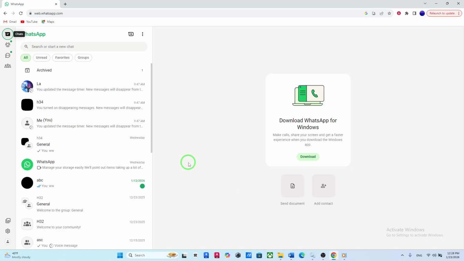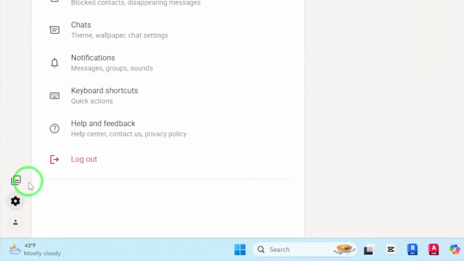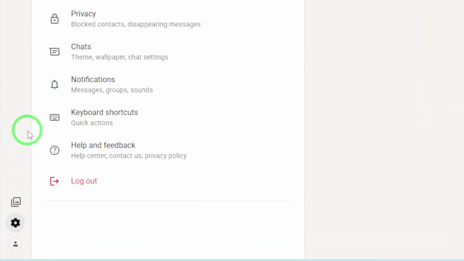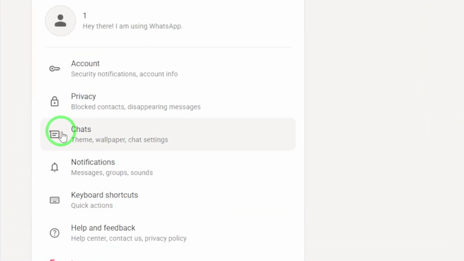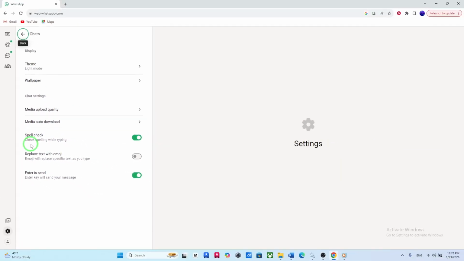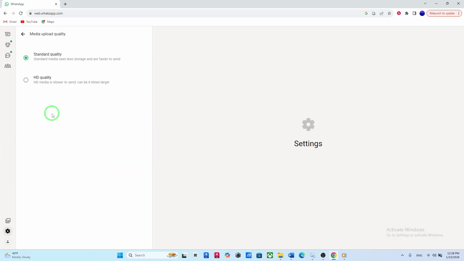Inside the settings, you'll see several options for your account, notifications, and more. For this process, select the section labeled Chats. This is where you'll find different options related to your conversation preferences, including how your media files are handled. Once you're in the chat settings, look for an option called Media Upload Quality. This is the new feature added in the latest update that allows you to control the quality of the photos